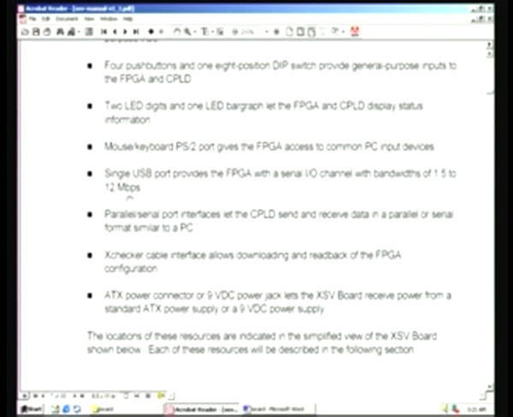This is the rate at which you can communicate serially, and you also have parallel as well as serial ports available right on this, and we will be using the parallel port in order to download the bit stream that we have for our application, and the parallel serial port interfaces let the CPLD send and receive data in a parallel or serial format similar to a PC. This is precisely the same as a PC